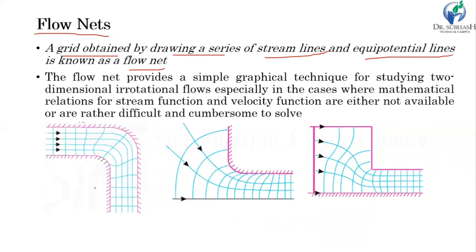So here there are three models of flow net, with streamlines and equipotential lines shown as given. Here you can see this is the case of pipe flow, in which the horizontal lines indicate the constant stream function, called the streamline, and the lines orthogonal to the streamlines are called equipotential lines, and they all intersect each other at 90 degrees. So this is the case of pipe flow. This may be the case of outlet from any dam or any big reservoir.